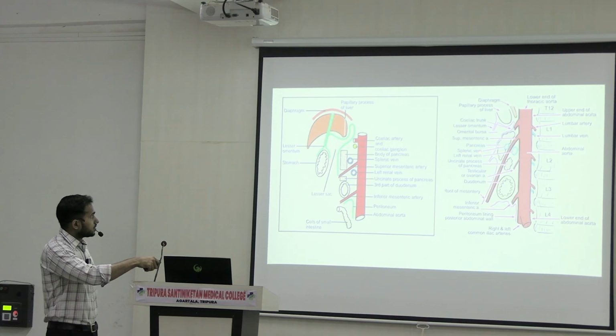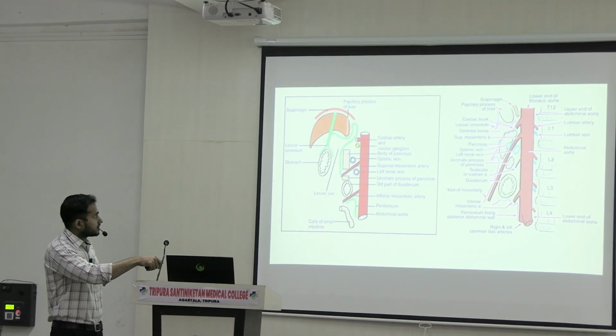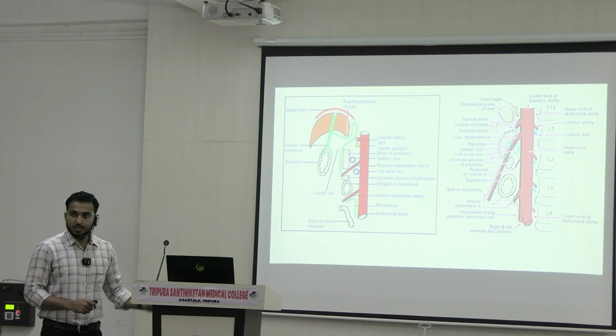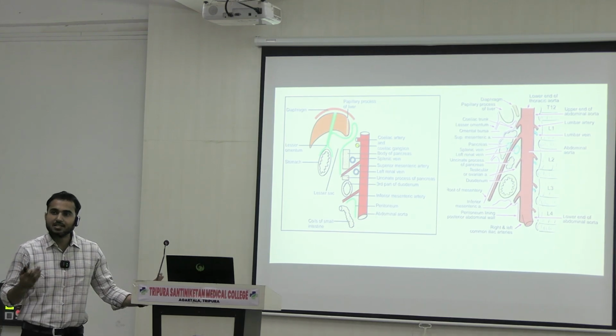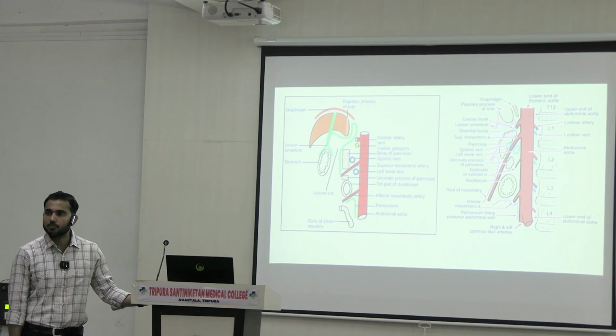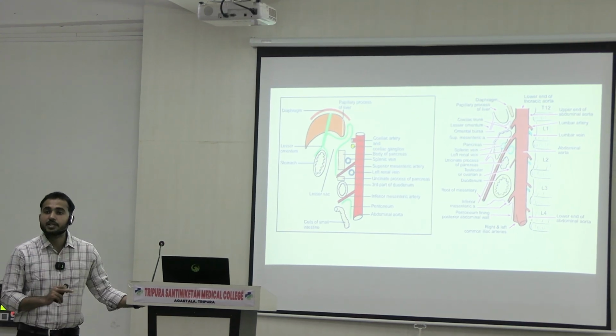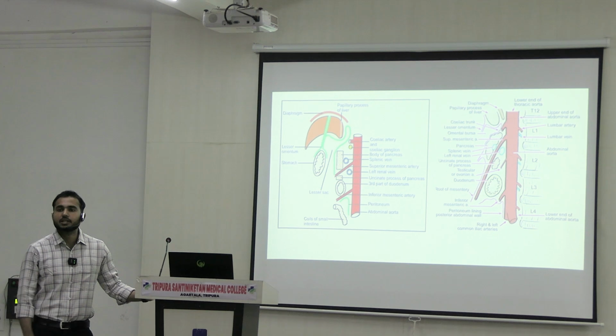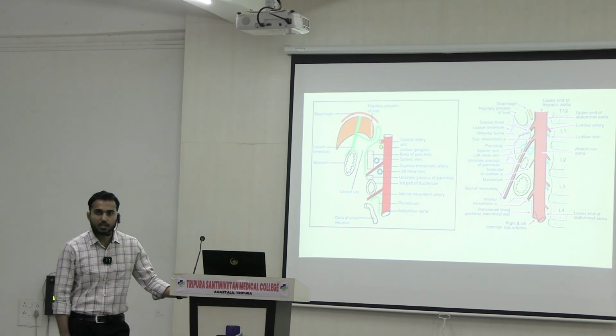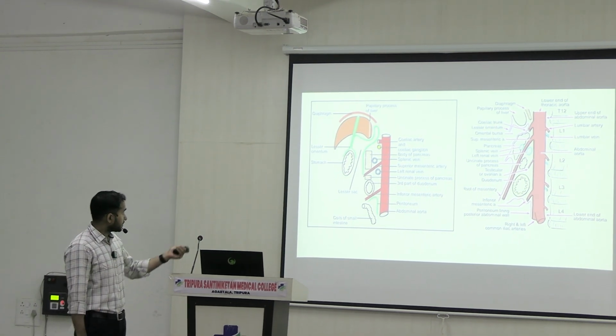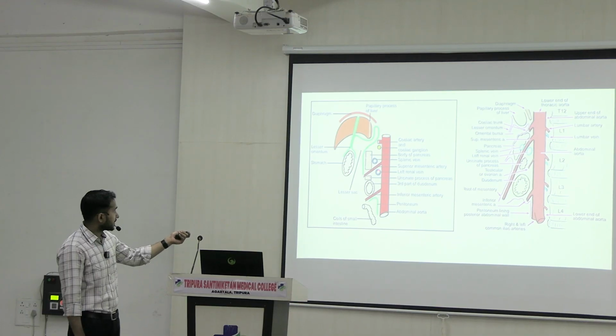Next, if you go anteriorly, so this is the anterior aspect. From above downwards, you can see the structures. So this diagram will help you to understand about the relation of the abdominal aorta. And these are schematic diagrams. That means you can draw in the exam, during the time of exam. Okay. Now, if I want to simplify it, as you can see, this is the anterior aspect. So first you can